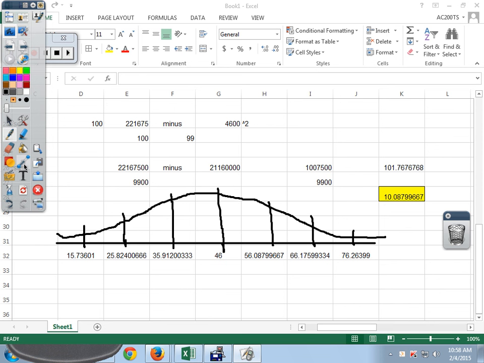The reason I don't show you how to do this on your calculator is because most people don't want to do it on the calculator. They want to do it in Excel because you don't have to type in the numbers. You just copy and paste. But if you don't want to, that's fine. I'm not telling you you have to. But anyway, make sure